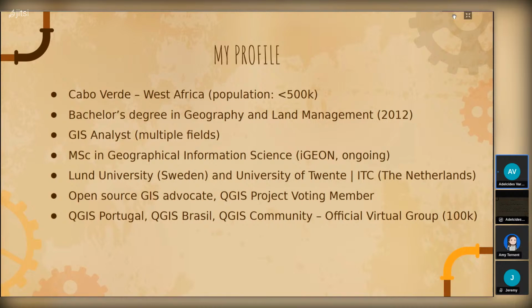As of now, I'm attending a master's degree in geographical information science in the IGON program, an internet-based master's degree in geographical information science and Earth observation for natural resource management and environment modeling. It's quite a long name. It's a joint program between Lund University from Sweden and the University of Twente, the Netherlands, the famous ITC faculty